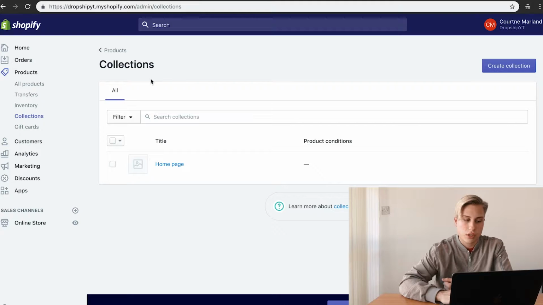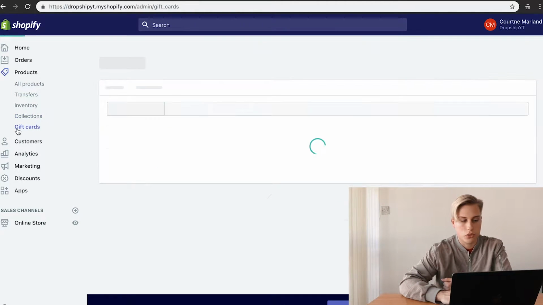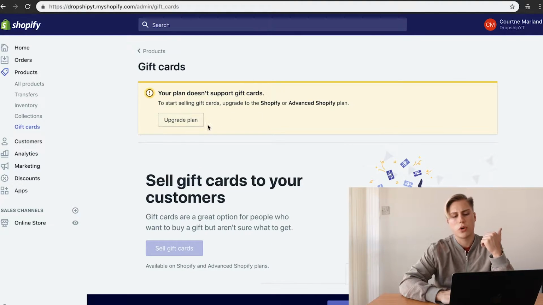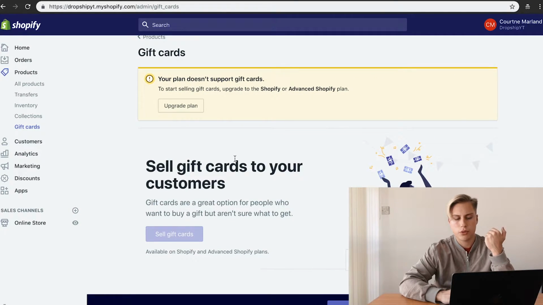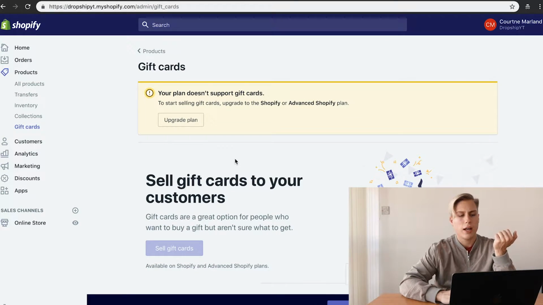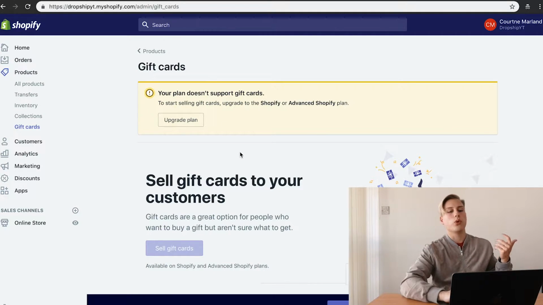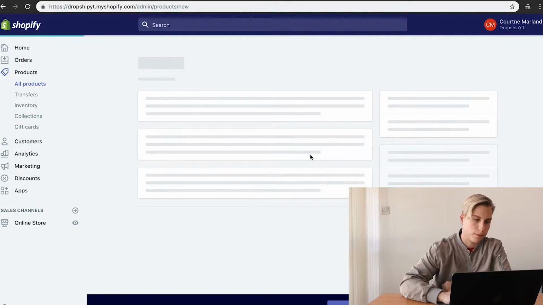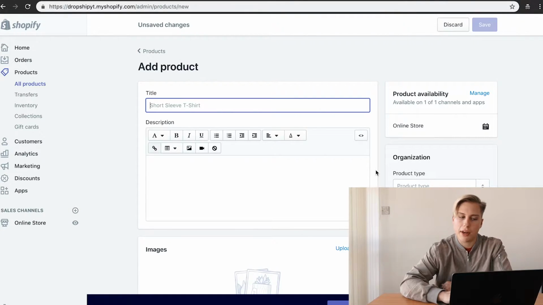And then collections is really important. So I'm going to go back to these two now. Gift cards, again, you have to upgrade to one of the more expensive plans to be able to do this. And also, if you're dropshipping, unless you have a really big brand, I wouldn't pay much attention to this anyway. So to go back to products, Shopify will let you add a product here,